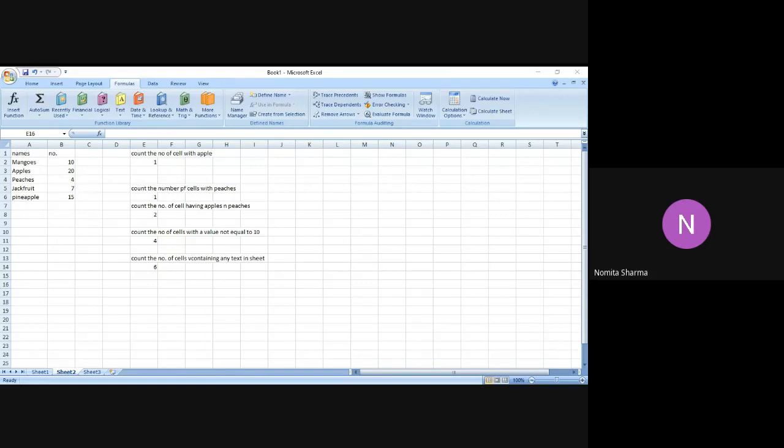So why don't you guys do it? I'll give you this question, and I'll give you one more column over here, and I want you guys to count and compare the sum of these two columns B and C. Now you've already done count and you've already done sum also, so I hope you guys can easily do it.